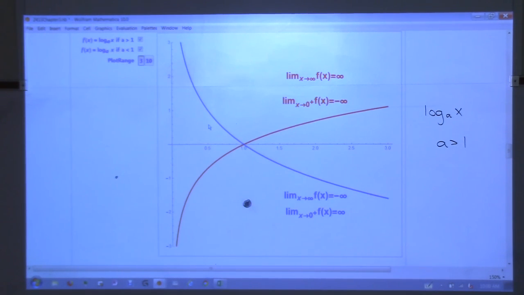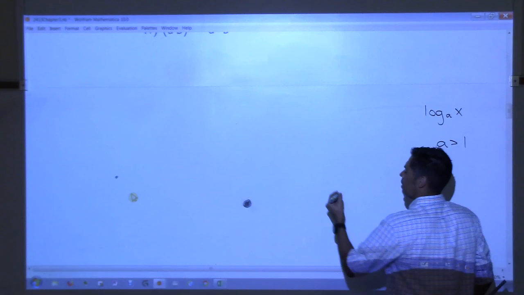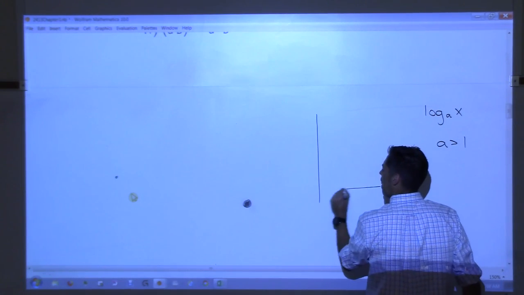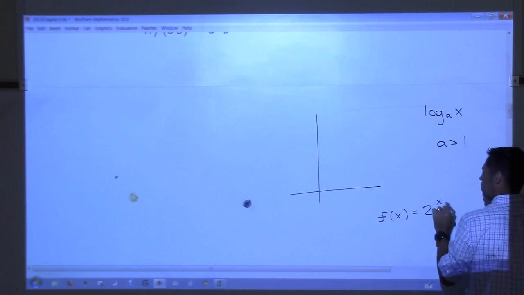So let me put it up here real quick. If I were to ask you to graph the function f of x equals 2 to the x, that is an exponential